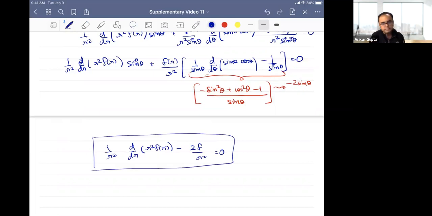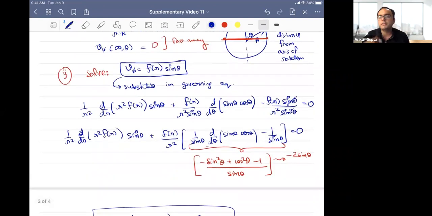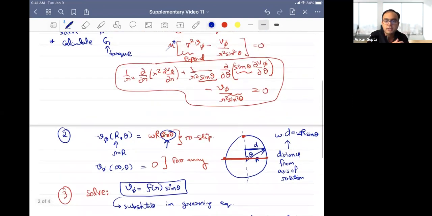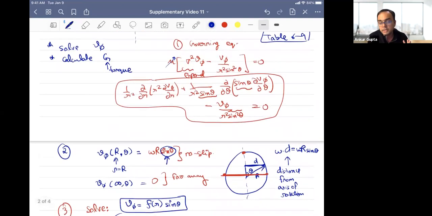And again, if you feel like, how did I just directly jump? These things come with experience. You're not supposed to know this. Typically, like in the homework problem, we've already given you a function to try. So these things basically come with practice. But one thing you can see is that sine theta is floating around in the equation and in the boundary condition. So that is the idea you can try, and you can see it works.